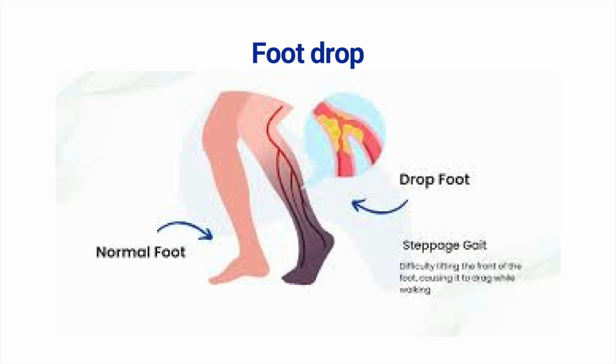But in foot drop, they are not able to actively lift the foot upward, and as a result, the toes may drag along the ground, increasing the risk of tripping and also falling. From a neurological perspective, foot drop is usually caused by the weakness or the paralysis of the ankle dorsiflexor muscles, and this weakness may result from conditions such as stroke, peroneal nerve injury, spinal cord injury, TBI, traumatic brain injury, and